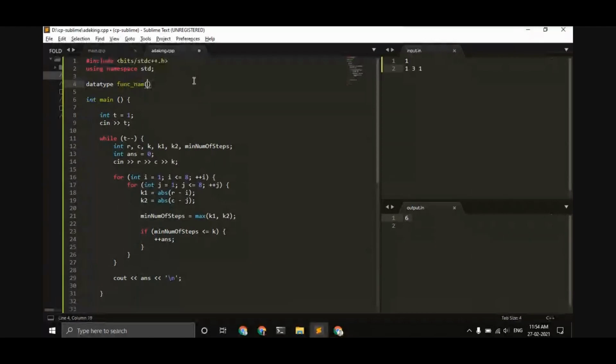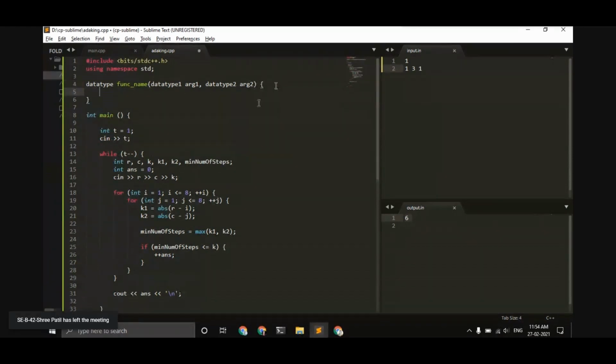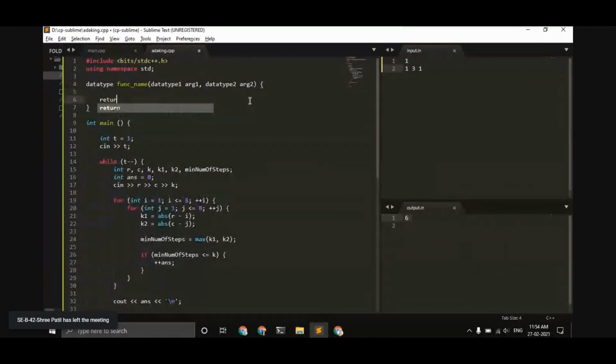Inside the parentheses, you have your data type 1 and your parameter 1, arg1, and like this, you can have any number of arguments. In curly braces, you can return a value, which will be of the type of this data type. So this is basically the syntax.